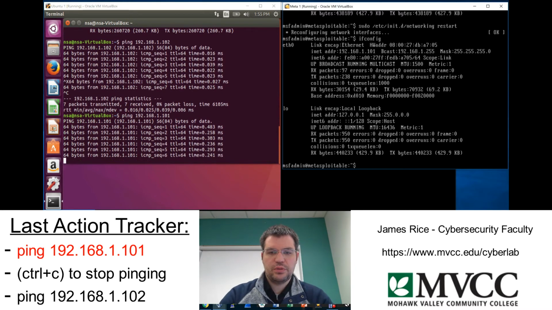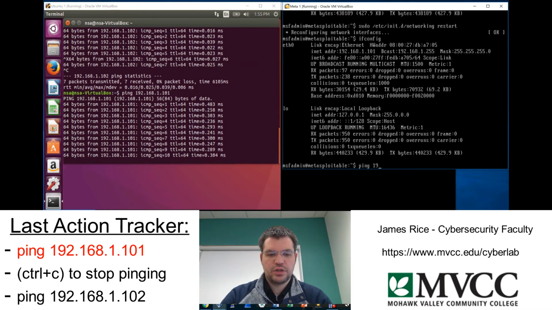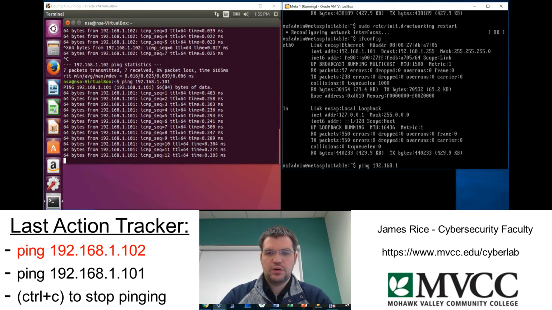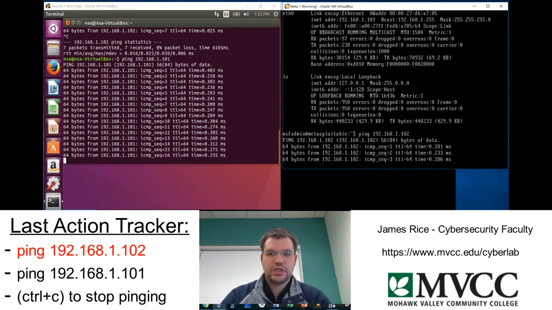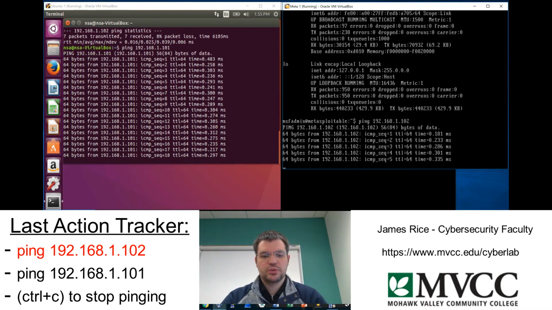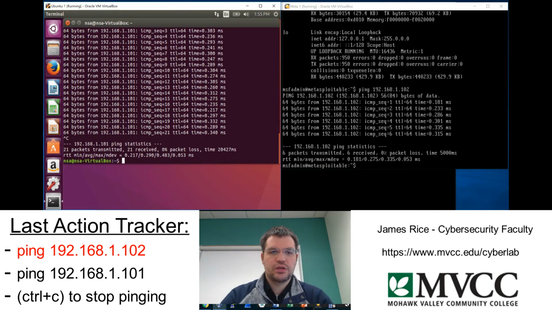And I'll do the same thing on my Metasploitable guy just to make sure that he can see as well. So I will do a ping 192.168.1.102 for him, see if he can ping the Ubuntu machine. And they can indeed ping each other. They can see each other. So we've now successfully configured the networking on both of these guys so that they can see each other all